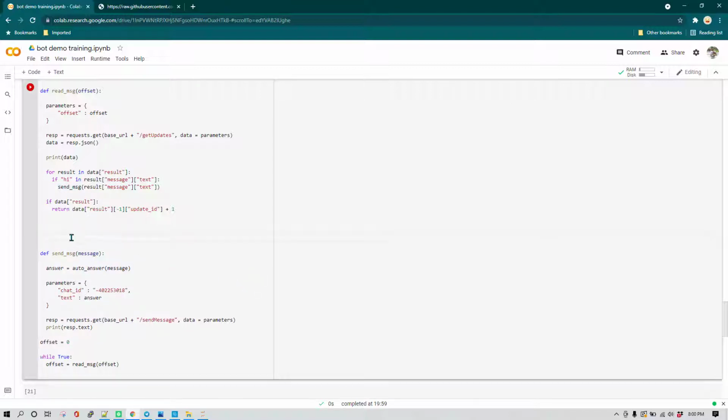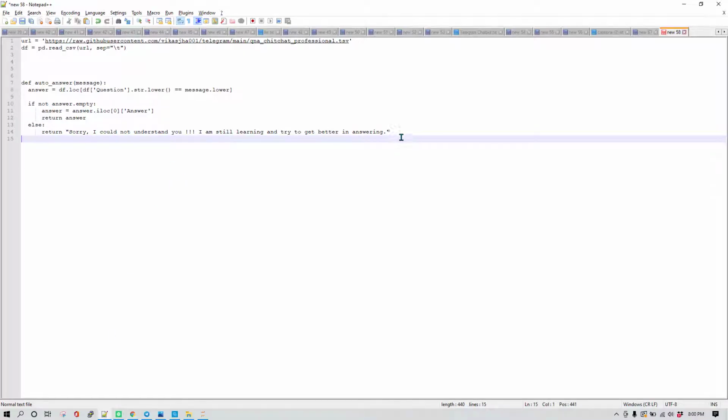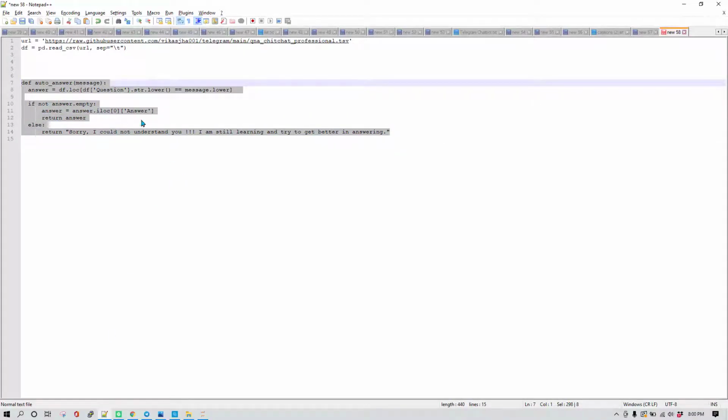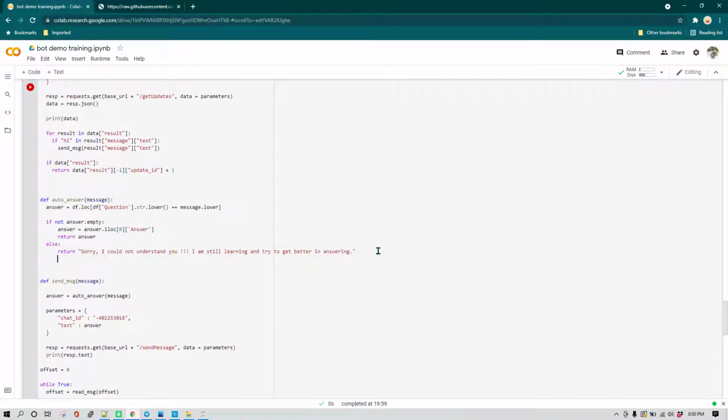And now what we need to do is I'm going to create one more function, and that function is going to be called auto answer. I already have that function here, so I'm going to paste that function here, and I'm going to explain to you what exactly it is doing. So what auto answer will do is it is going to receive one message.